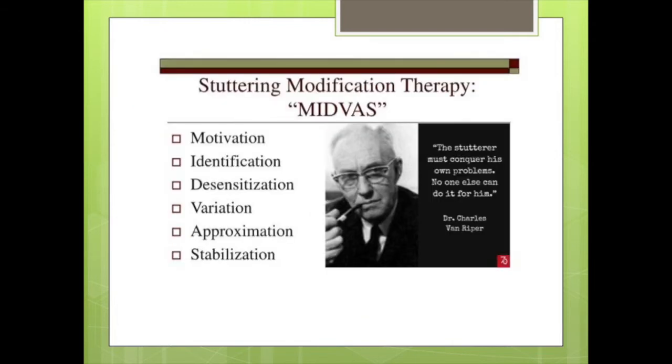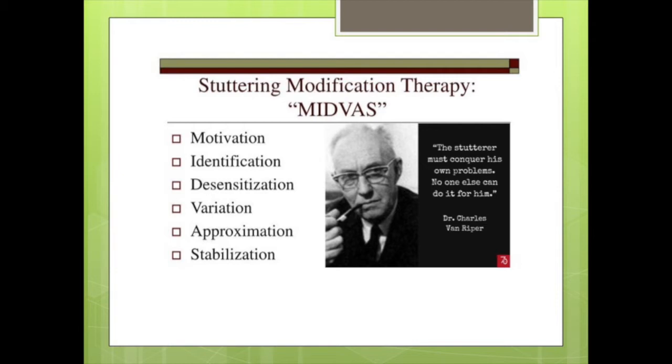There are 4 total theorists mentioned briefly in this presentation, so you may choose the one you find most interesting for your class response. First, we have Dr. Charles G. Van Riper, founder of the Department of Speech Pathology and Audiology and himself a stutterer. He was the developer of the Middle Riper fluency technique.